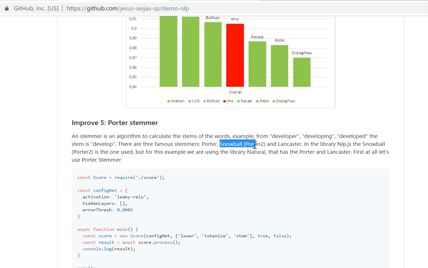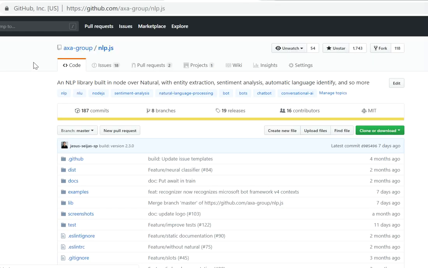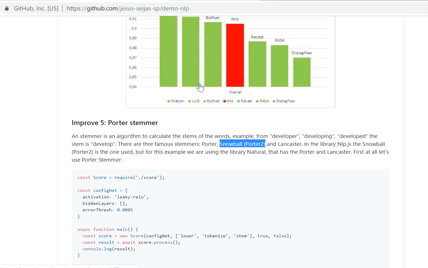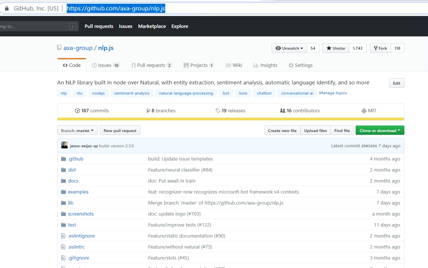The Snowball stemmer is the one implemented in our library NLP.js. That is this one. We are using the Porter 2 stemmer, that is the Snowball, because the performance is better than the ones provided by Porter and Lancaster. The Porter is not as good as Porter 2, and the Lancaster is too aggressive. But using the library Natural, that is a pretty well-known library,